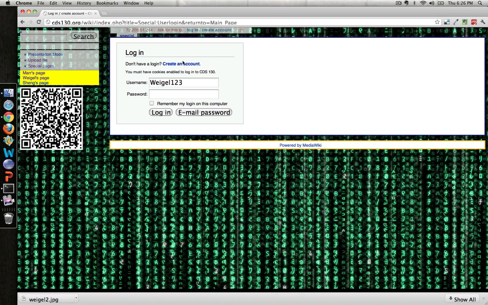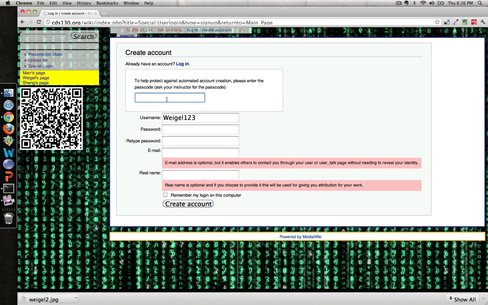The next thing you want to do is click on the create an account link, and you need to know a passcode, so you need to know the special passcode in order to create an account. That passcode is CDS130. You'll create an account. I'm going to create a new account called WiggleABC,